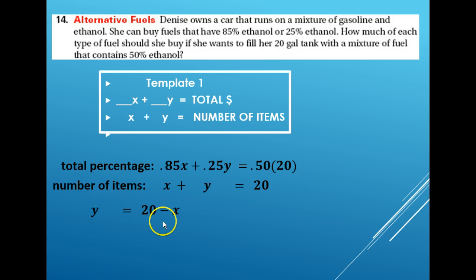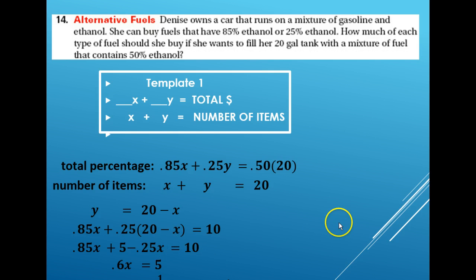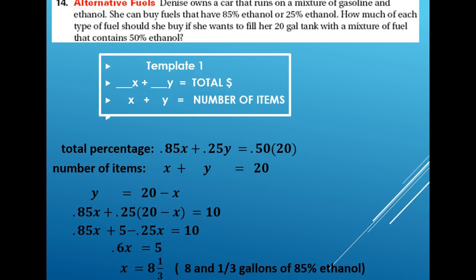Rearranging the Y by subtracting X from both sides, we get something to substitute. We're going to substitute this where we see the Y, and we're going to solve for X by distributing, combining like terms, etc. We get X equals 8 1/3